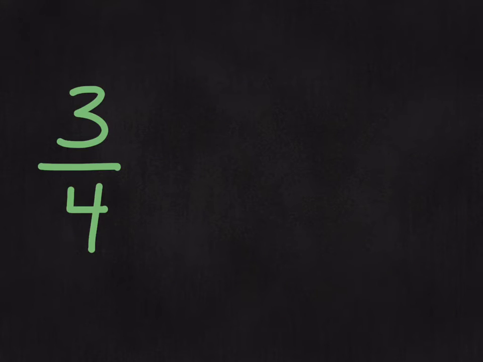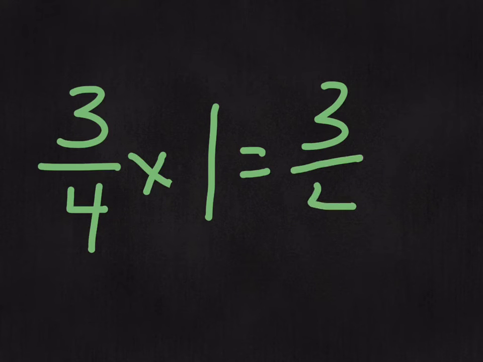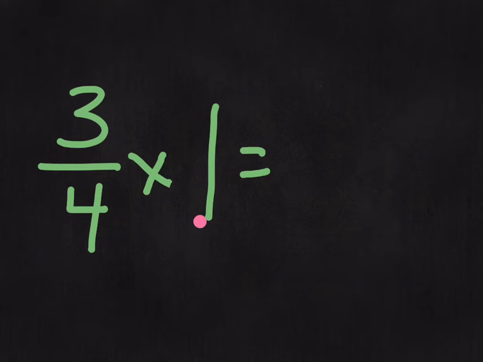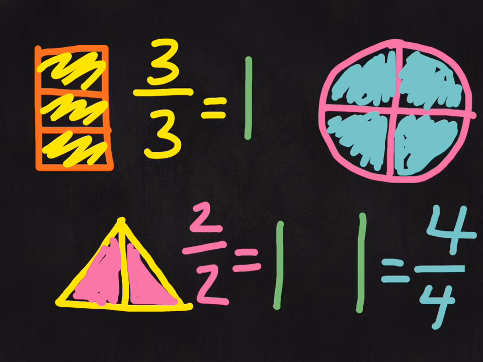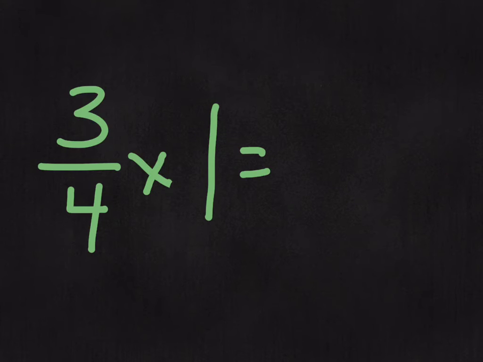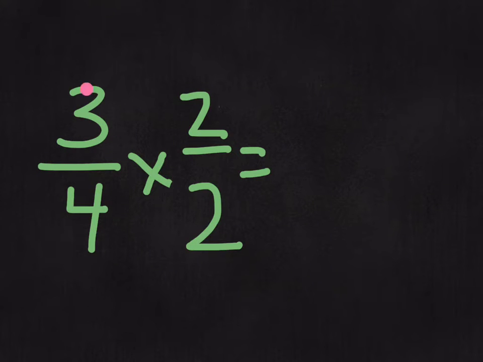So let's put those two things together. If I have a fraction like 3/4 and I multiply it by 1, it's still going to be 3/4. It doesn't change. But we agree that if we put a fraction here with the same numerator and denominator, it's the same as 1. It's like multiplying by 1. So if I replace this 1 with 2 halves, for example, 3/4 times 2 halves is just going to give us 3/4 again, but it's going to give us another number,